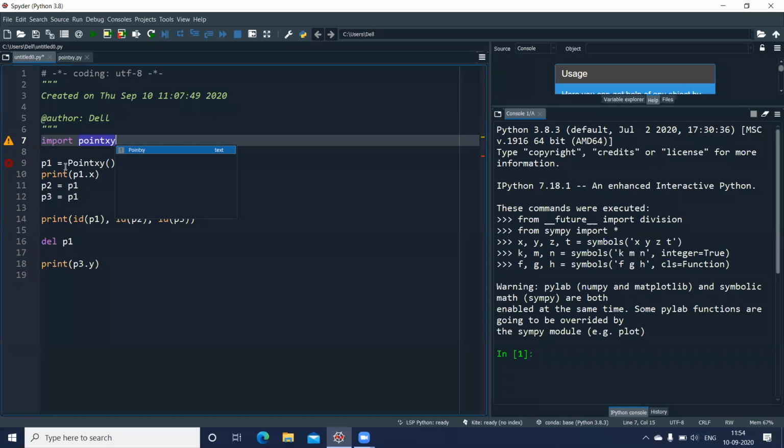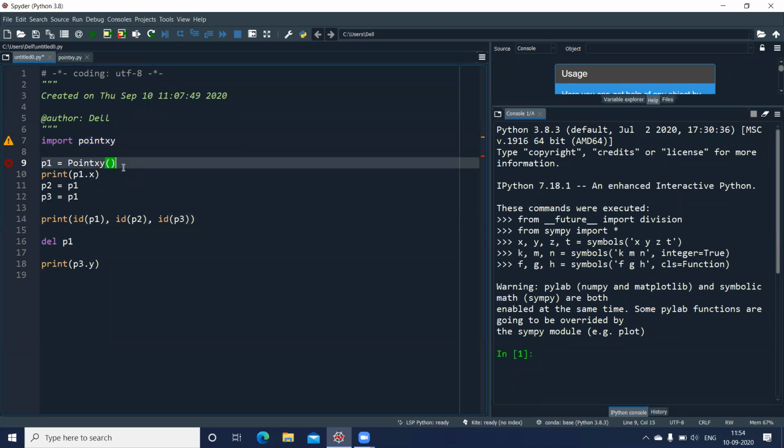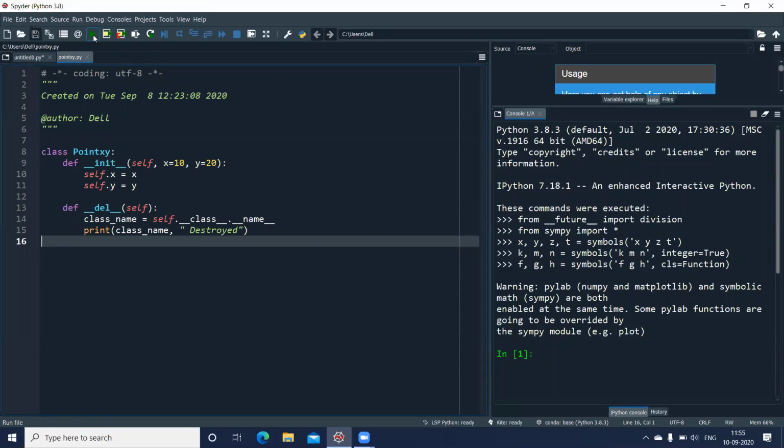And then I can create an object from this file. Now you can change this to pointxy dot pointxy. This can be done, and let me run this file first.